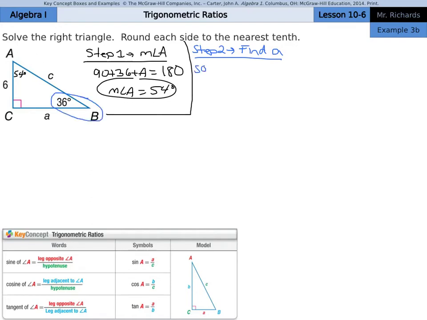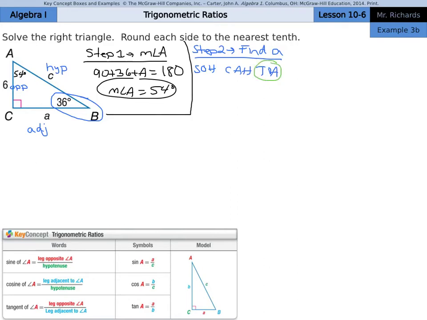So as I look at SOH CAH TOA, and if I label this triangle, the opposite of angle B is this side over here, the 6. The hypotenuse is the C, which leaves us the adjacent at A. So again, the opposite to B was 6. The hypotenuse, opposite the right angle, is C, and the adjacent side is A. So if I'm looking for A, which is adjacent to B, and I'm given the opposite, I need a relationship with the adjacent and the opposite,